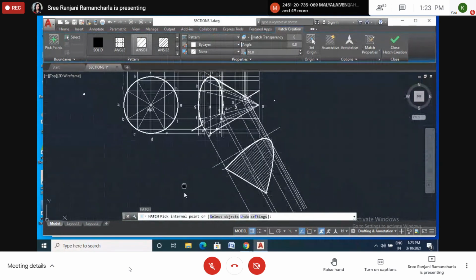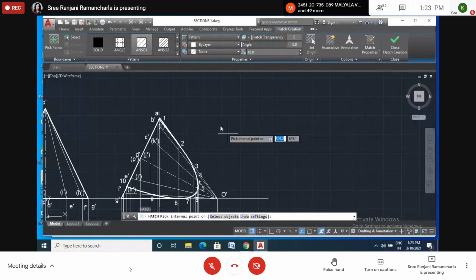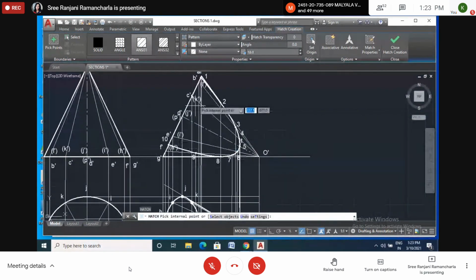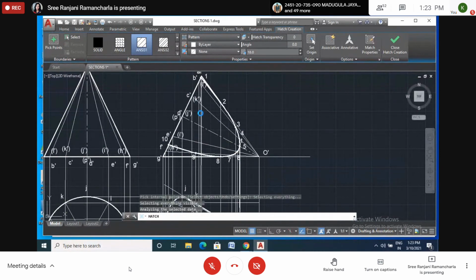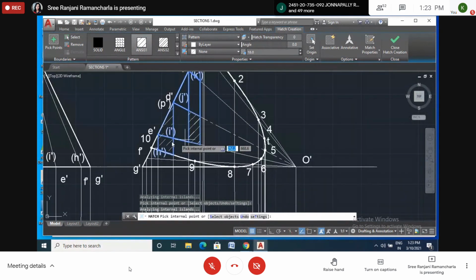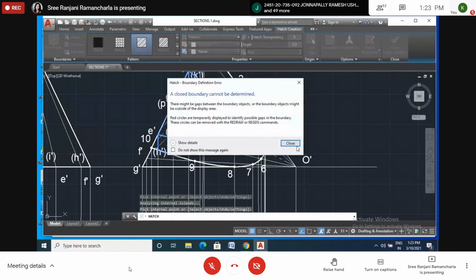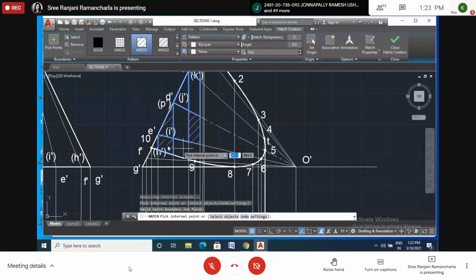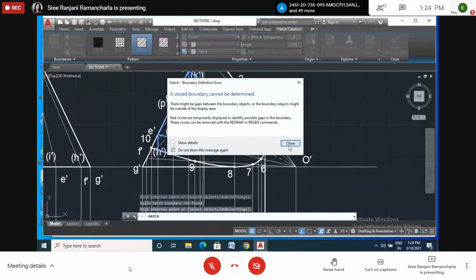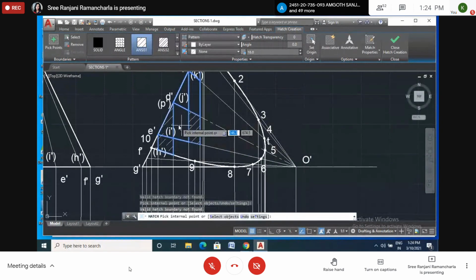Here also we have to give the hatch. This portion we have to give the hatch. Please zoom it. Each and every portion we have to give the hatch. Only this portion is closed. And don't forget this part also. If it is not coming, leave it. Don't bother about the small portion if it is not coming.